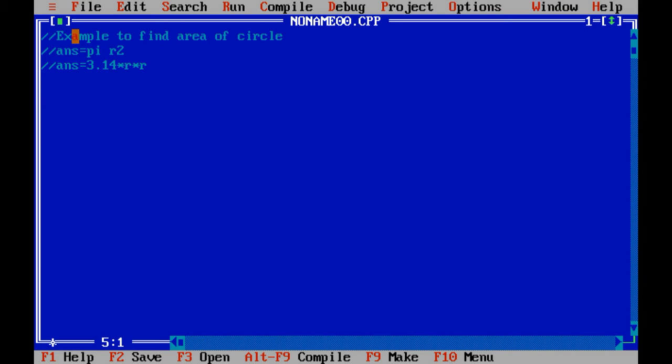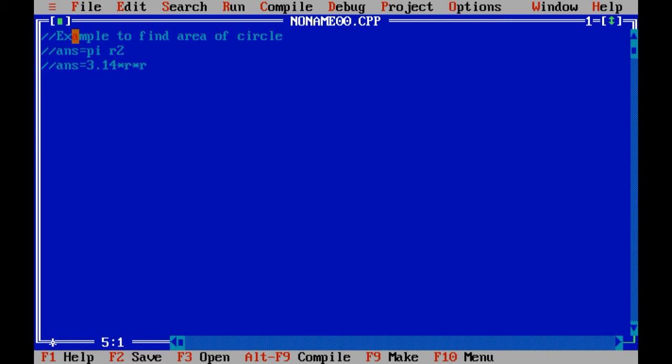Now from the formula you can easily say how many variables we need to define. There are two variables, number one is answer and number two is r. Another thing, which data type are we going to take? Yes, that is float, because our answer may come in the point or fraction section. So we are going to take float data type here. Now one more thing we need to discuss is what my input variables are and what my output variables are. So let us simplify this.